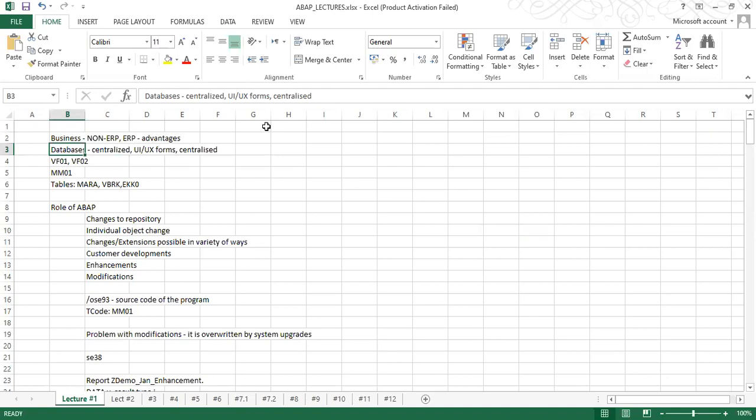ABAP being a part of SAP ERP, it basically has databases to run on, where the users actually work on the ERP software. And the ERP software solves, aligns and synchronizes intradepartmental processes. For example, let's take the example of